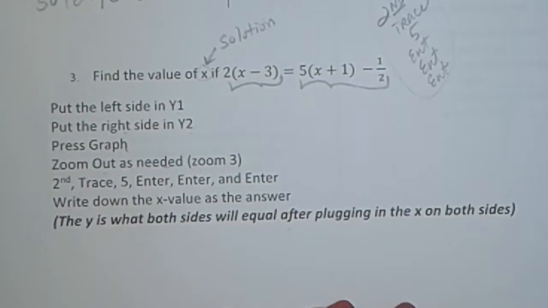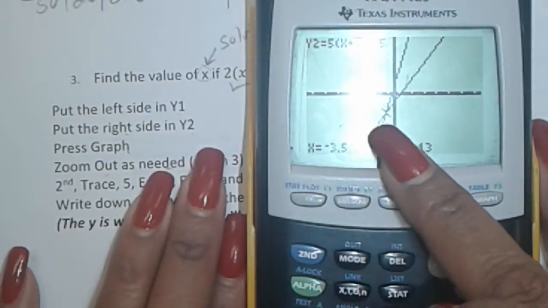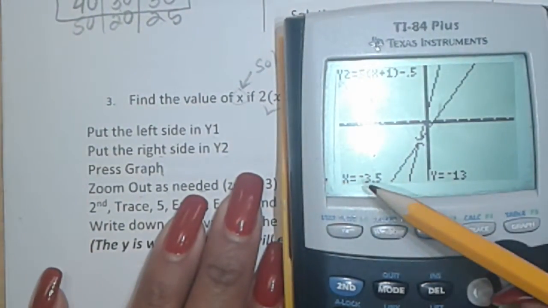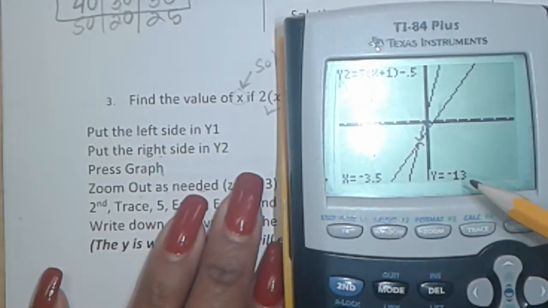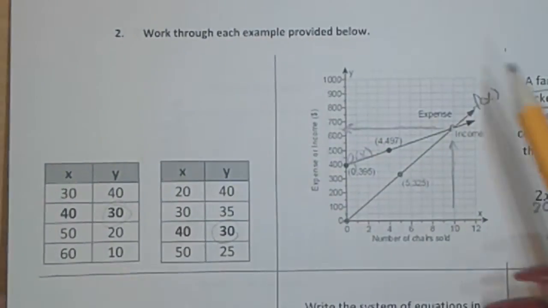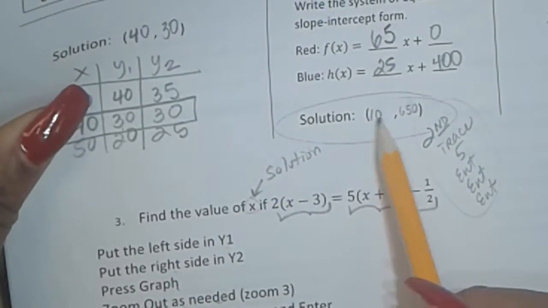If we were talking about the solution to the system, meaning where they cross, like see how they cross right there? The answer would be negative 3.5, negative 13. Meaning, I would graph them and I would see the intersection, so the solution to the system would be both